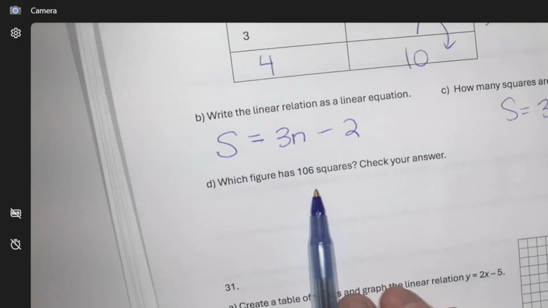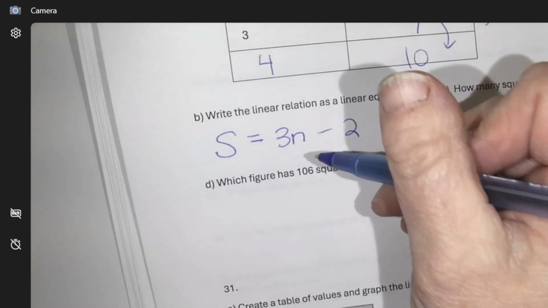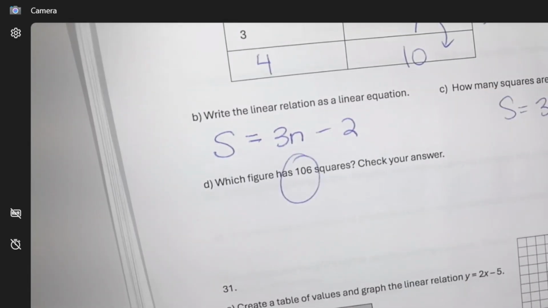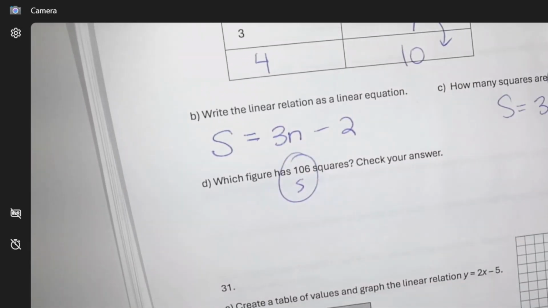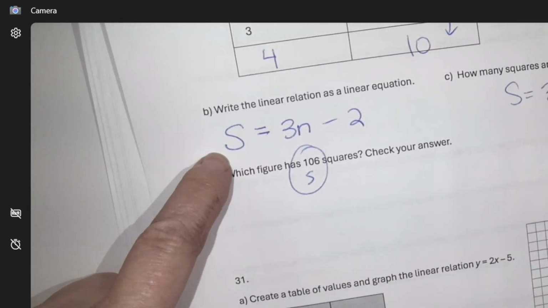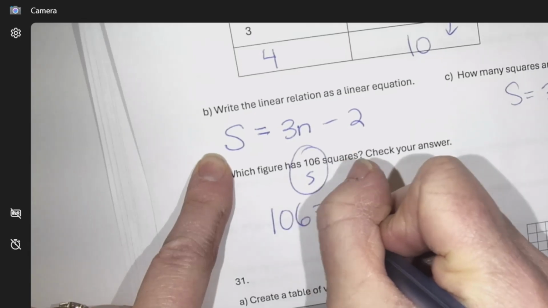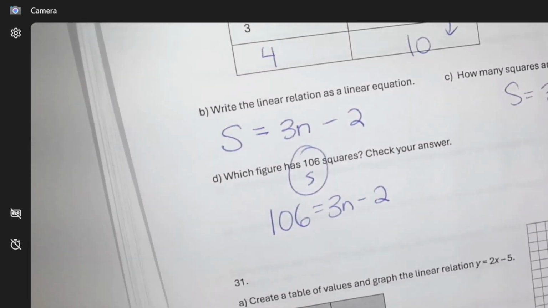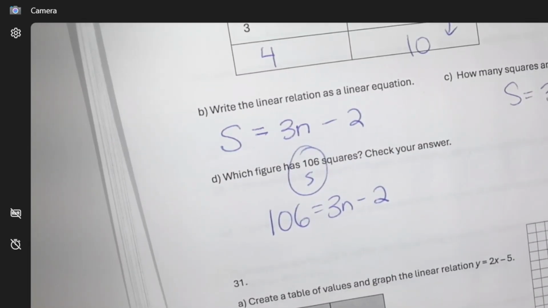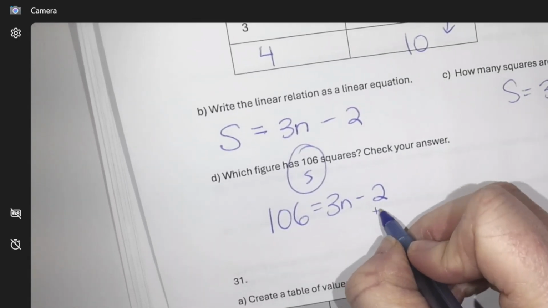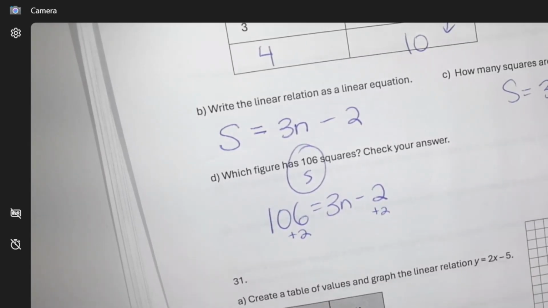Okay. Which figure would have 106 squares? So 106, which letter is that? That's an S. So I'm going to go back to the equation I made, and I'm going to put 106 in place of the S. Okay, this is your equation solving skills. So I'm going to have to add 2